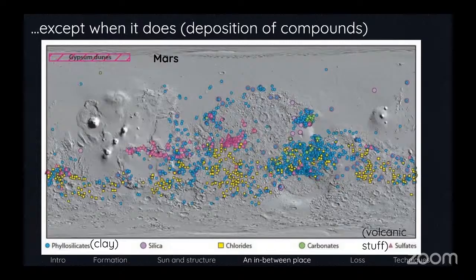So this is a very nice summary plot of evidence that we have on the surface of Mars for things that have been in place there throughout Mars's history, especially through atmospheric processes. So all of these different points represent a different kind of material. The pink ones here are sulfates, which are produced through volcanic processes that were active early on Mars's history. There's also a few little green points, which are carbonates.